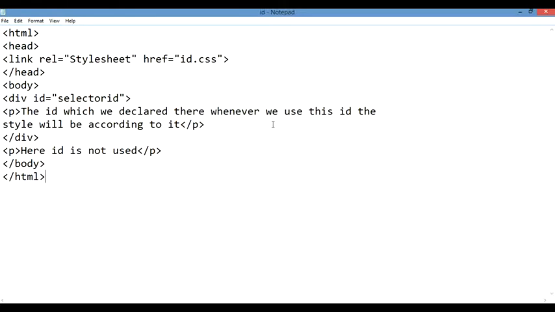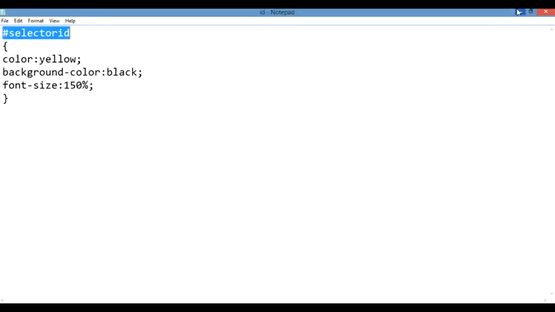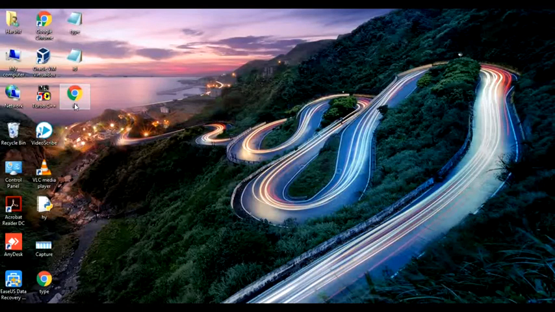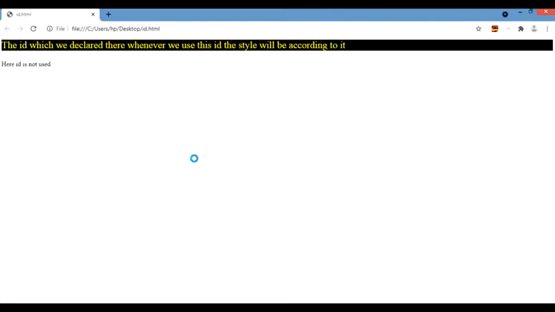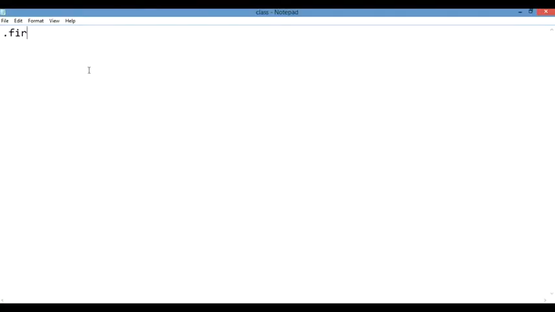So whenever I execute this code, the output that will come out is that the first part is visible based upon the ID, and the other part has no ID, so it will not be visible. So this could be the desired output. Coming to the type of class attribute.